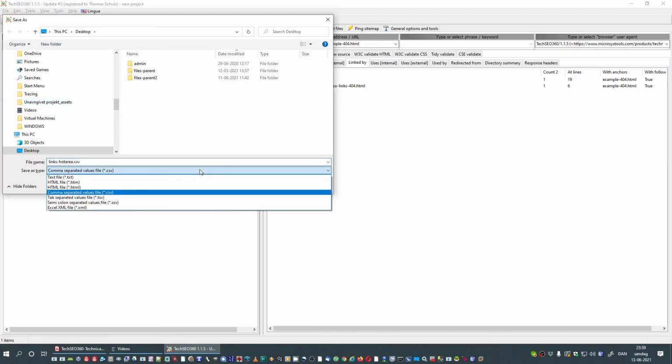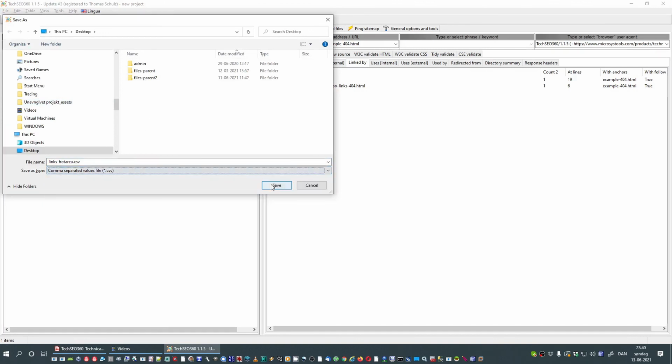For this we are going to use comma-separated values file, but you can choose other formats as well. And simply click the Save button,